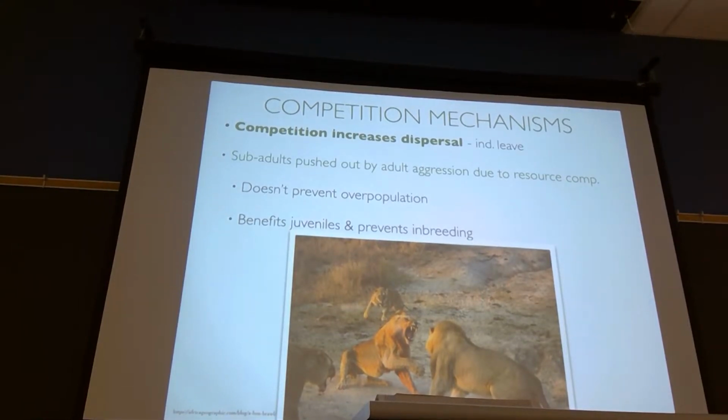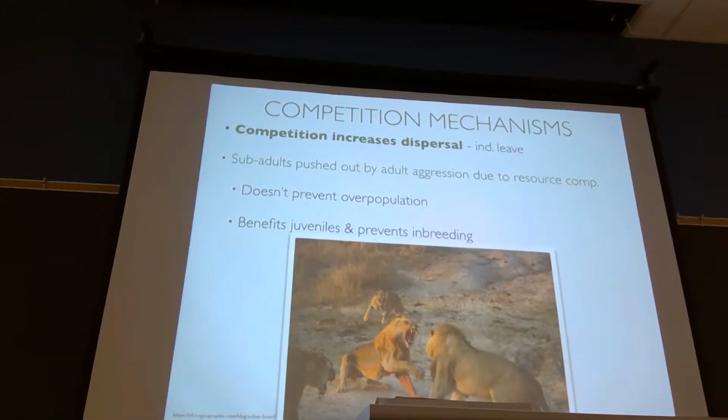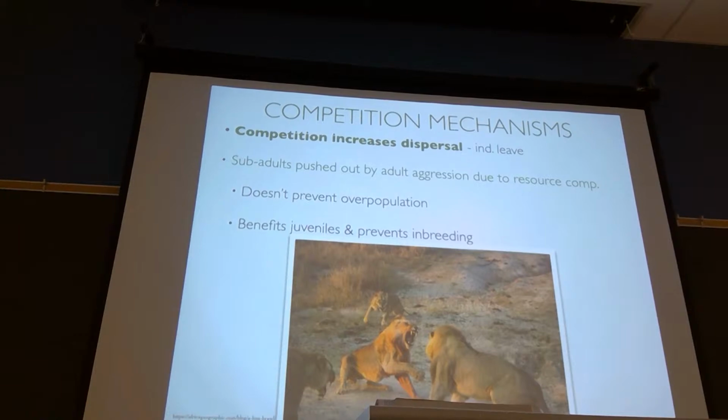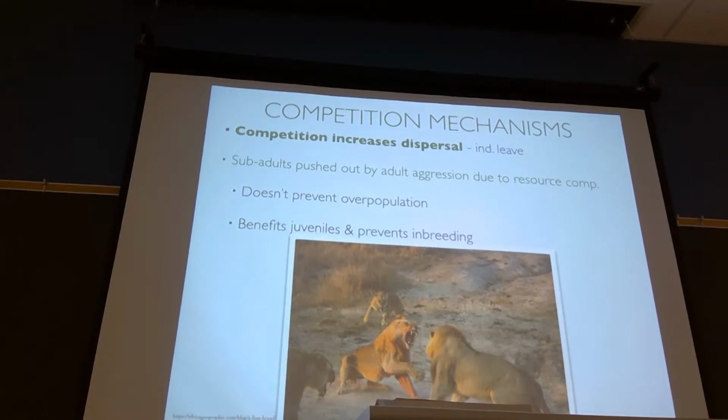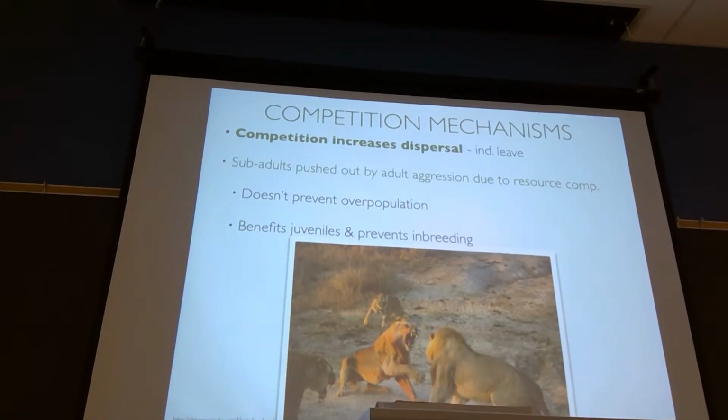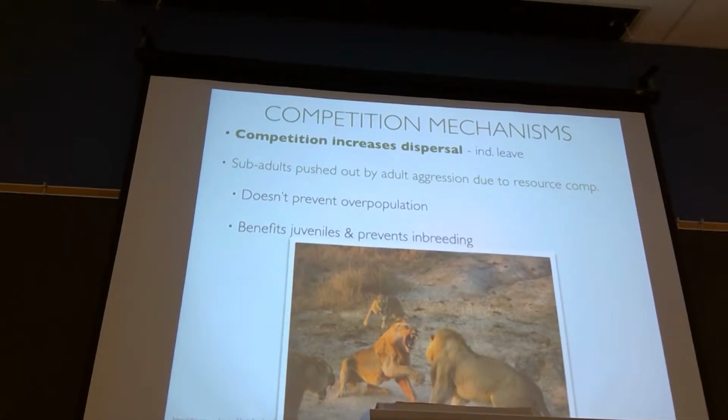When they're pushing out subadults, that's the male and the females that are already adults trying to ensure that they have resources to raise next year's offspring. They're like, we're done with you, you're on your own, you gotta find your own territory. And so they'll push out the subadults, the juveniles. And in that way, under those same resource conditions, the pride should maintain a stable size year to year. Given more resources, more females will breed, the population can grow.